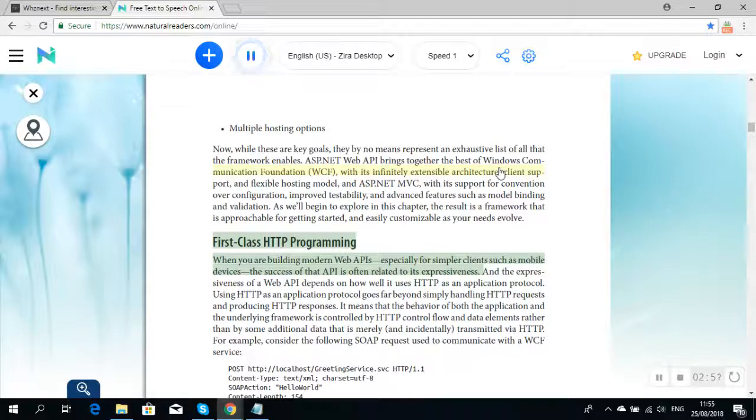First-class HTTP programming. When you are building modern web APIs, especially for simpler clients such as mobile devices, success of that API is often related to its expressiveness. And the expressiveness of a web API depends on how well it uses HTTP as an application protocol. Using HTTP as an application protocol goes far beyond simply handling HTTP requests and producing HTTP responses. It means that the behavior of both the application and the underlying framework is controlled by HTTP control flow and data elements rather than by some additional data that is merely